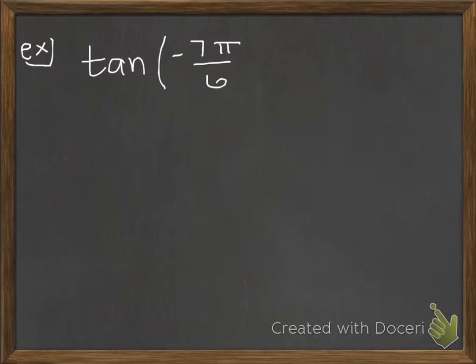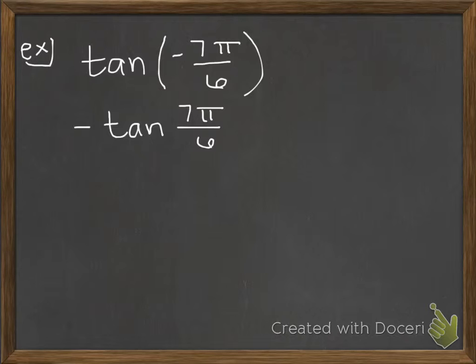So again, keep the directions. We're just going to build off of this. So the next problem is tangent of negative 7 pi over 6. And again, you have positive 7 pi over 6, but there's no negative, so we use the rule. And the rule says this is an odd function, so the negative goes out front. So I'm going to move that negative out front, and now I'm working with a positive